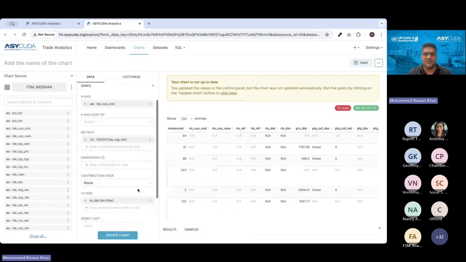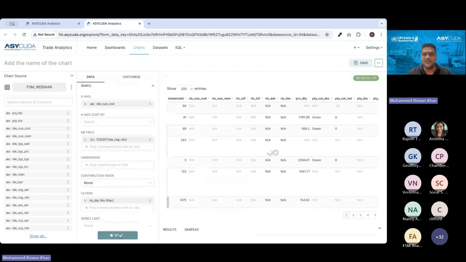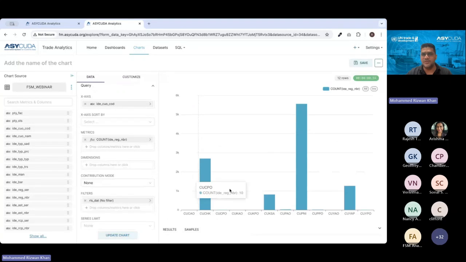Once we do that, we can update the chart and it will show you a preview of the chart. So you can see the office codes are at the bottom in the x-axis and the count of the total declarations. So 2.69 thousand declarations done in Juke and others, right? Let's save this. So once you are satisfied, okay, this is what we want,